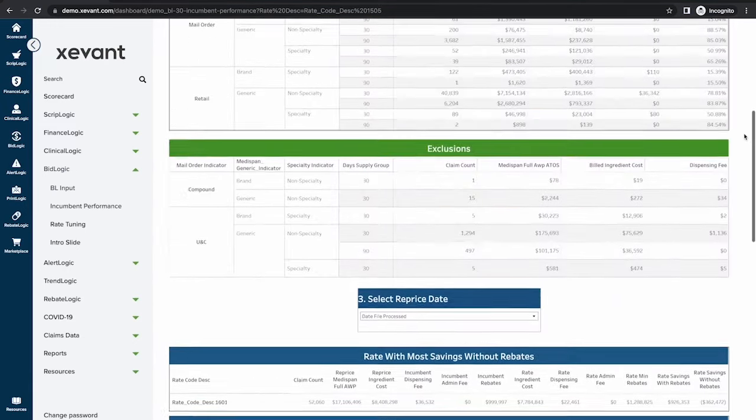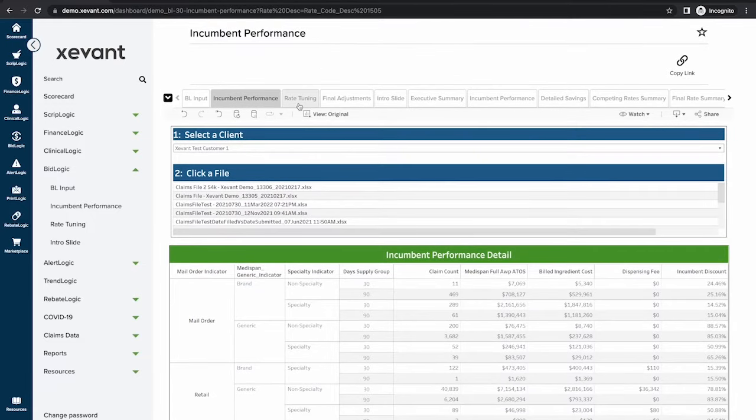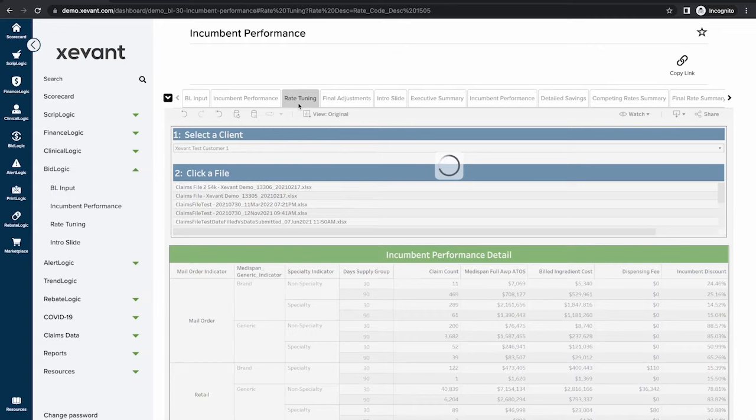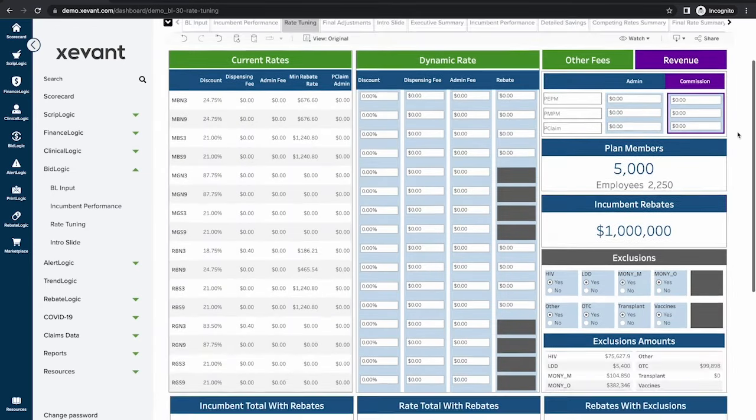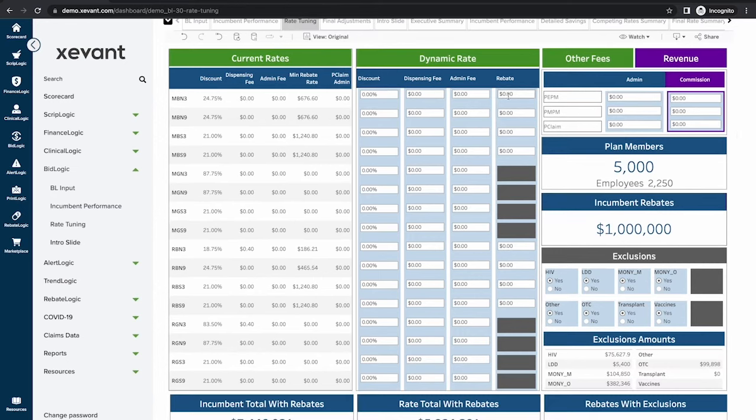So we can then come up to the top, we'll head to our rate tuning dashboard, and this is where we're going to be able to play around with some of our what if scenarios. So here we can say, okay, these are the rates that we had on that 1505 rate on that contract, but what if we were able to renegotiate a different rebate, say for mail order brand non-specialty 30 days supply? So we'll say instead of 676, let's say we were able to negotiate that to 680,